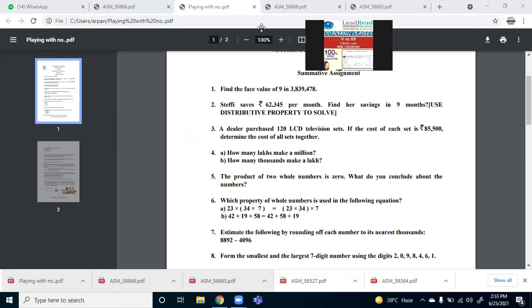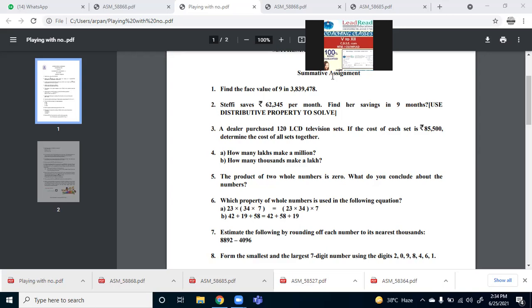Samarth, can you explain this question? Yes, ma'am. If the product of two whole numbers is 0, then it is necessary for one of the numbers to be 0, because a number into 0 is equal to 0 only. You are absolutely correct. Very good. So one number should necessarily be 0. If one number is 0, then the product will become 0. So you are correct, Manan. Manan, Samarth and Hriday have given the correct answer.